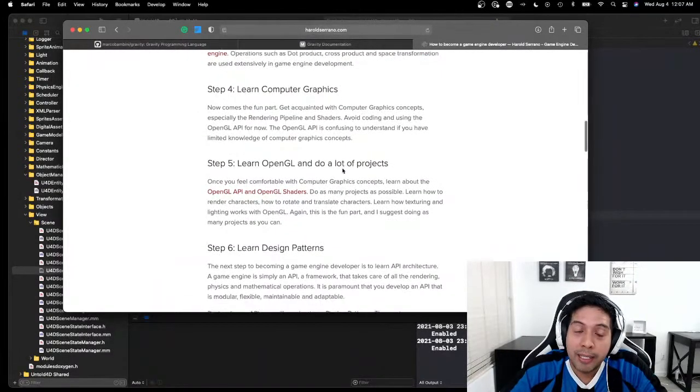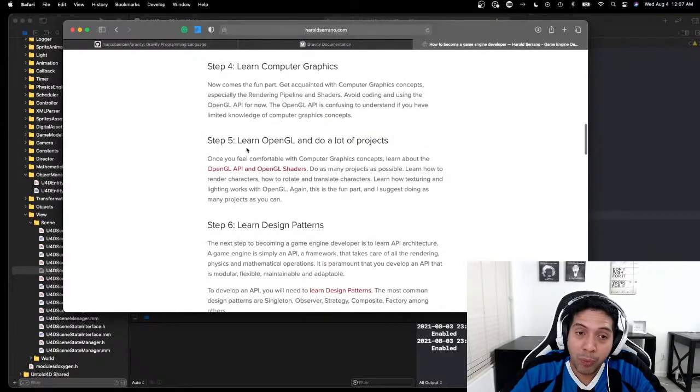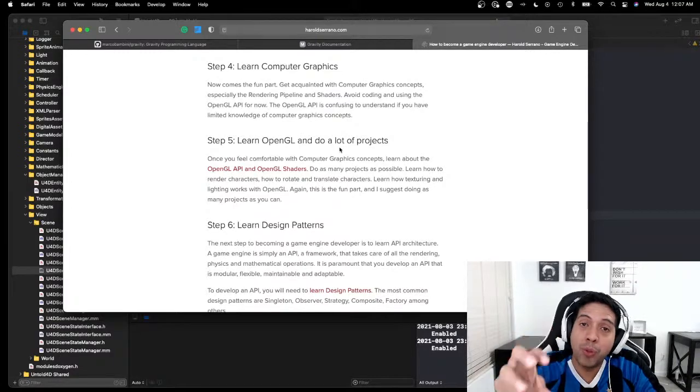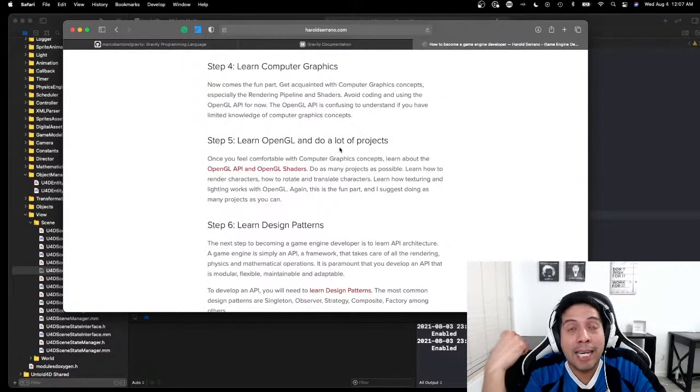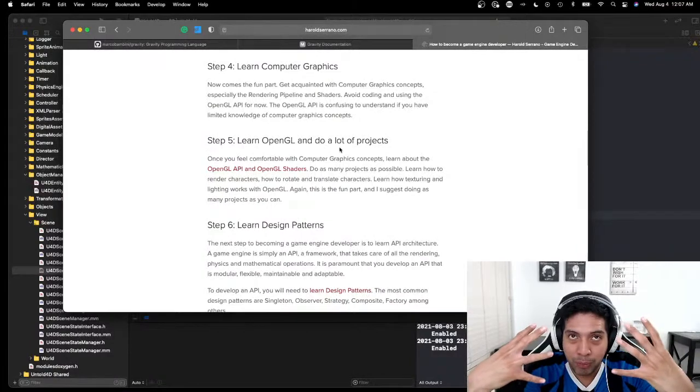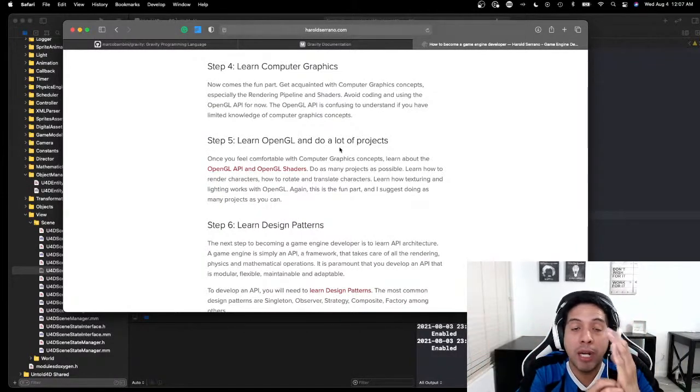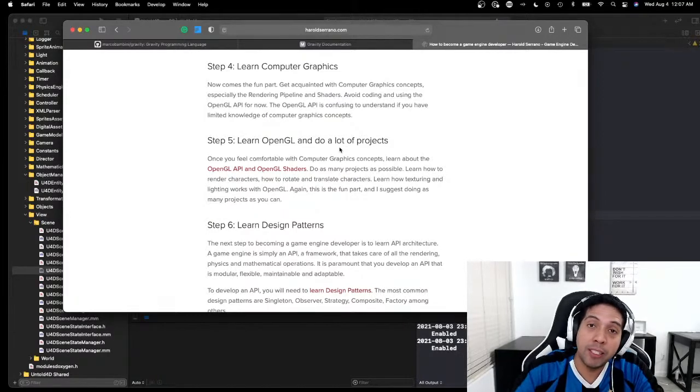Then I started to do a lot of very small OpenGL projects during the weekends, basically soaking and absorbing all of that knowledge. Doing a lot of projects helped me understand computer graphics a lot,